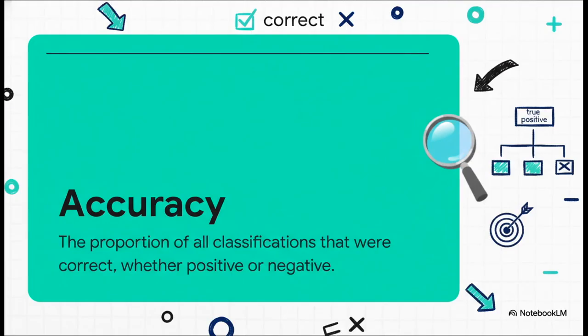It's exactly what it sounds like. It's the fraction of predictions the model got right. You just take all the correct classifications, divide by the total number you made, and voila, it's the grade school percentage score of your model.